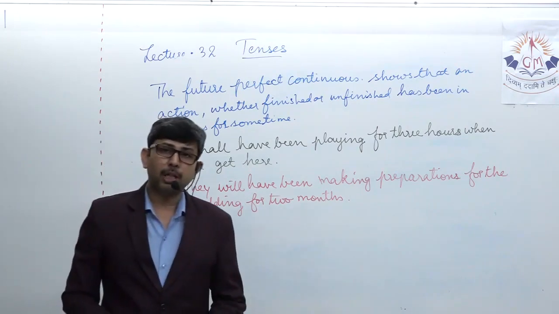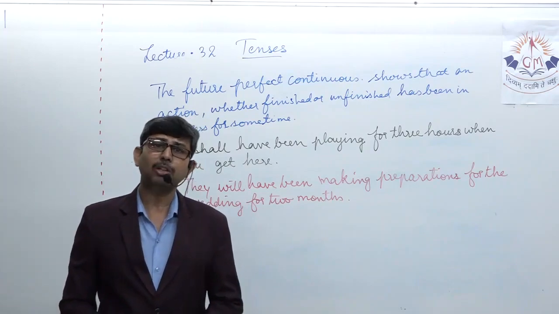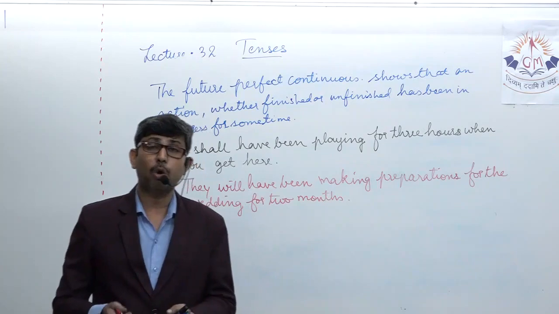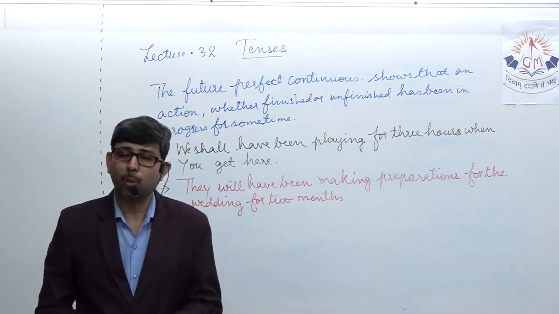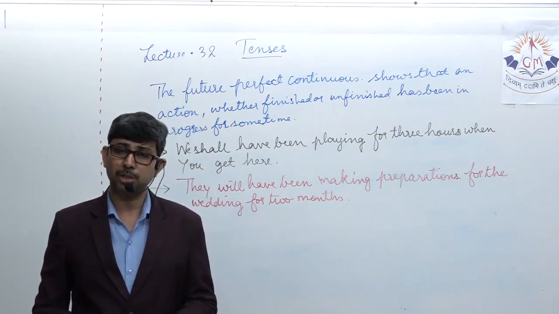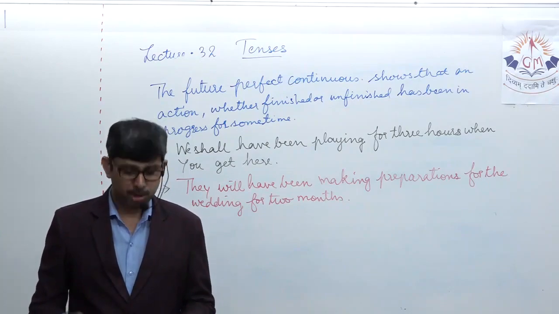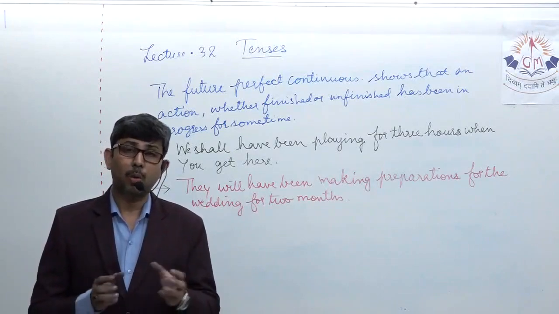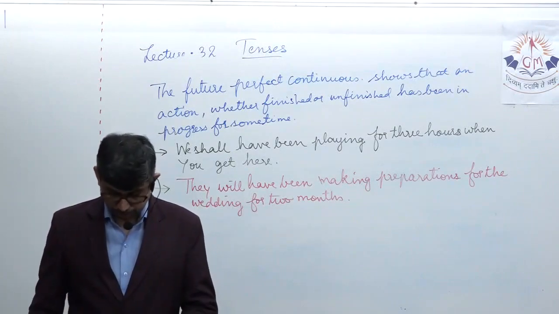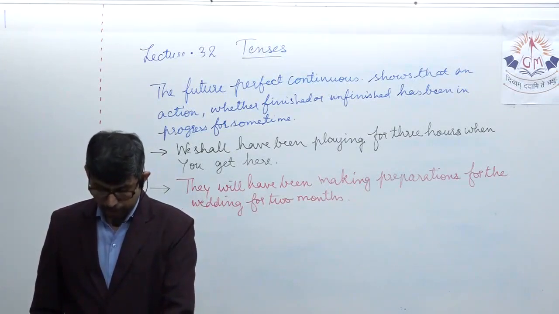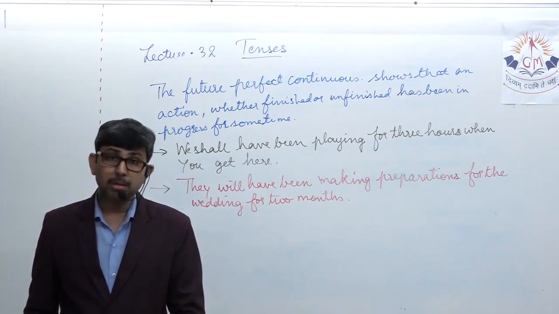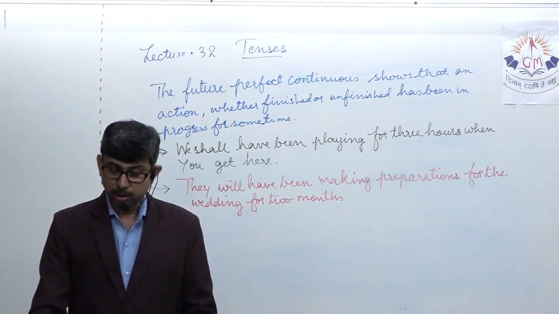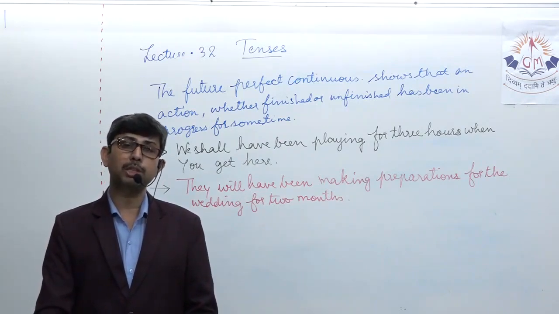The future perfect continuous tense is not that commonly used in English in order to express some idea or express your views. It's quite less used in English grammar in day-to-day speech. So with this, altogether 12 tenses we learned where and how to use them. In the upcoming lecture, we'll try to cover certain common errors that people make in the tenses, and then we will be looking into the exercises based on all these 12 tenses.